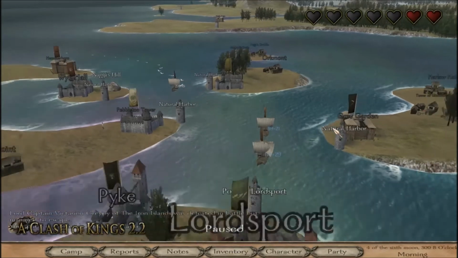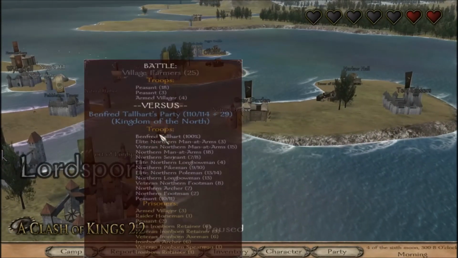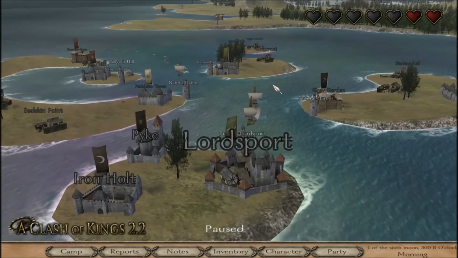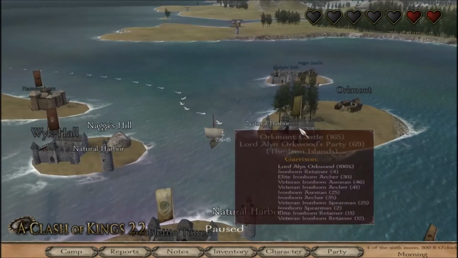Where is the fight happening? I hear a fight. Let's see. Oh, Benford Talhar is killing some villagers right now. Okay, well, good to know that there are Northern Lords down here continuing the fight even while I'm not down there. So,